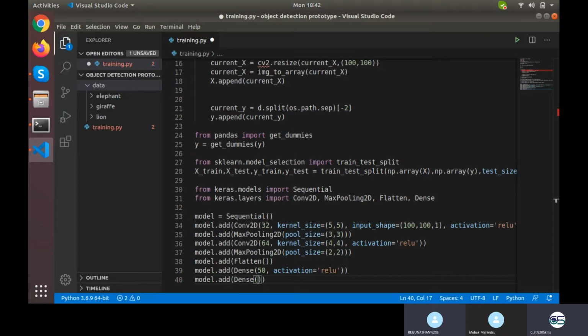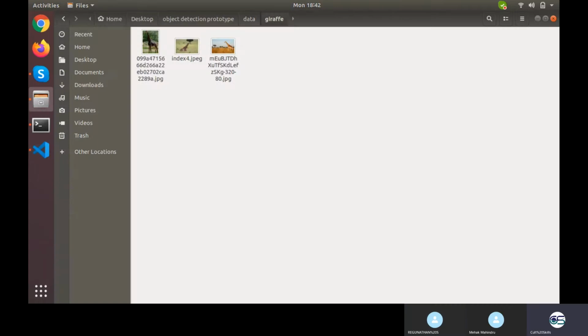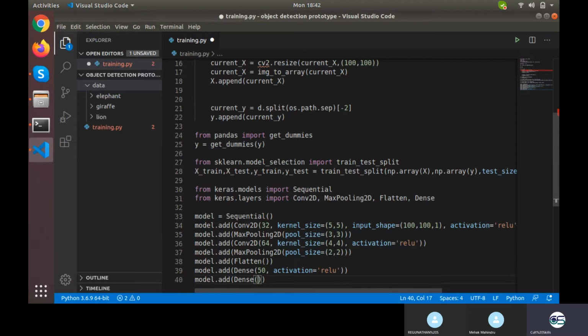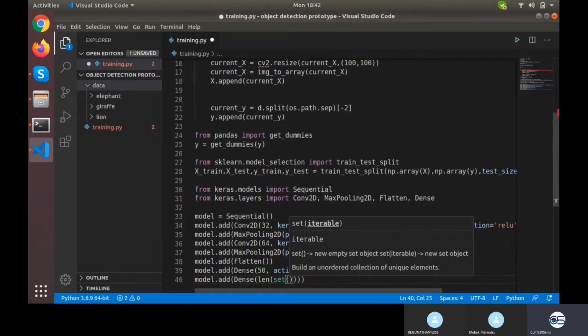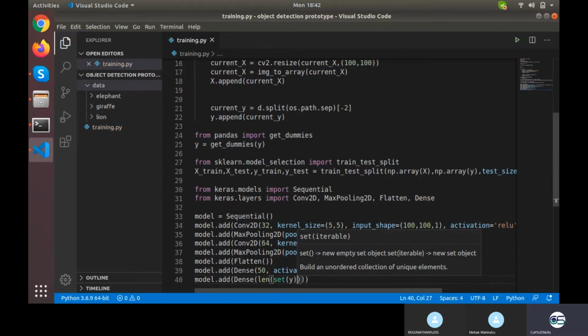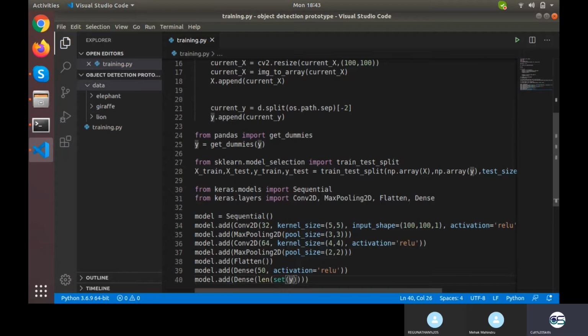Those are the number of classes. You need to check it anytime. If I add a folder here, your 3 classes would turn out to be 4. So I would rather generalize it by saying length of set of y. Set of y means all the unique y, and the length of that, or simply write here y.columns.